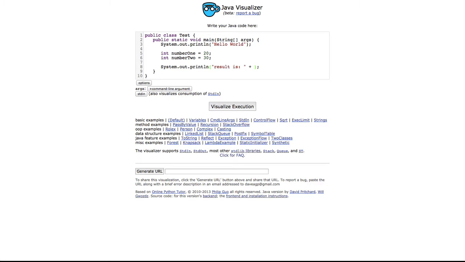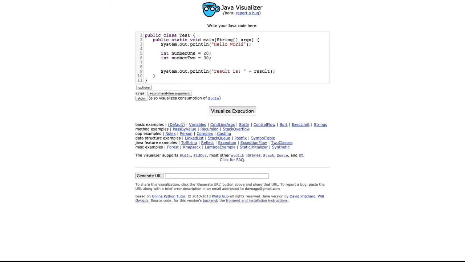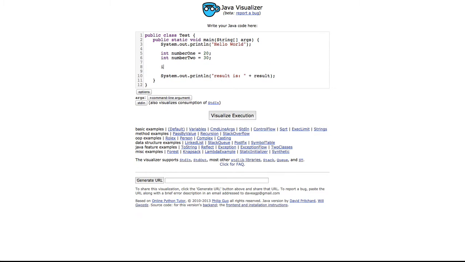So, in contradiction to what I said, we want to create another variable called result. If I can spell it. Result equals number 1 plus number 2. So we can now actually visualize what happens in memory while we run the program. So we'll hit visualize,